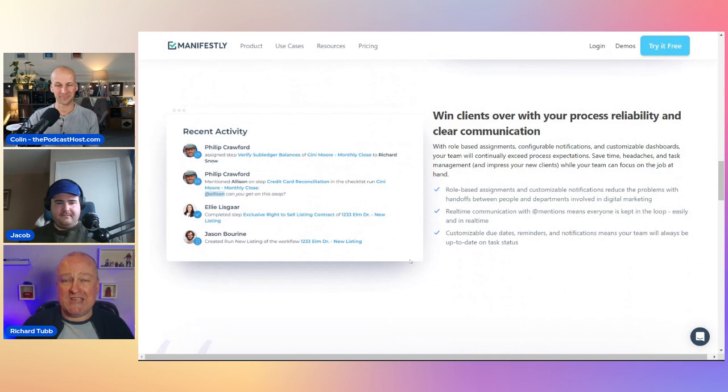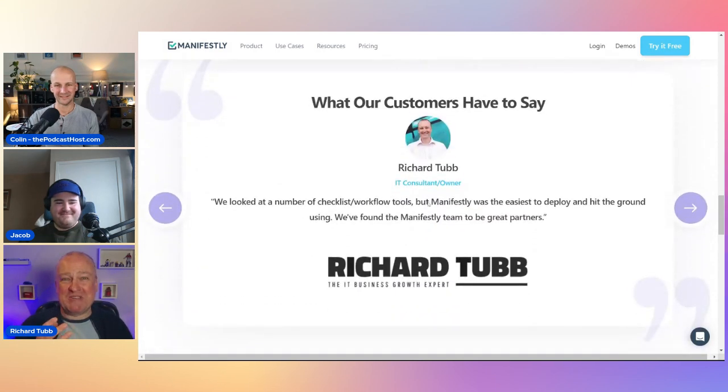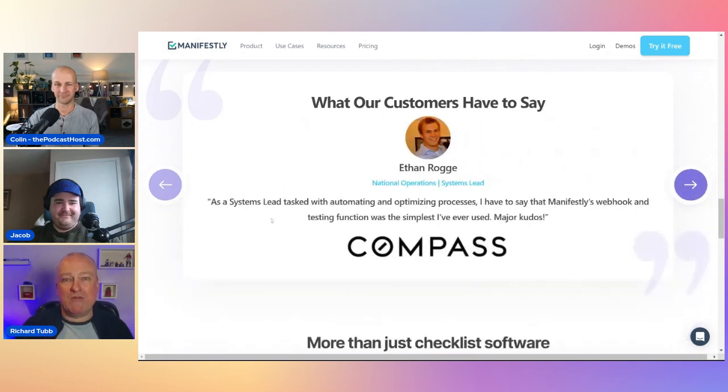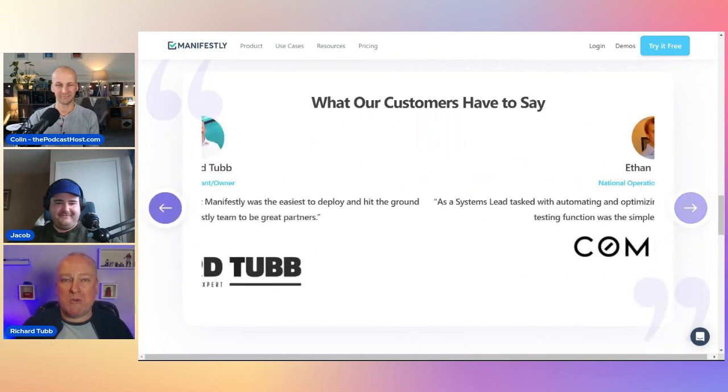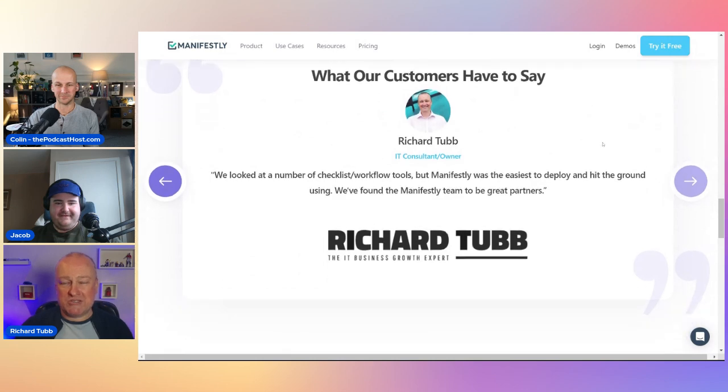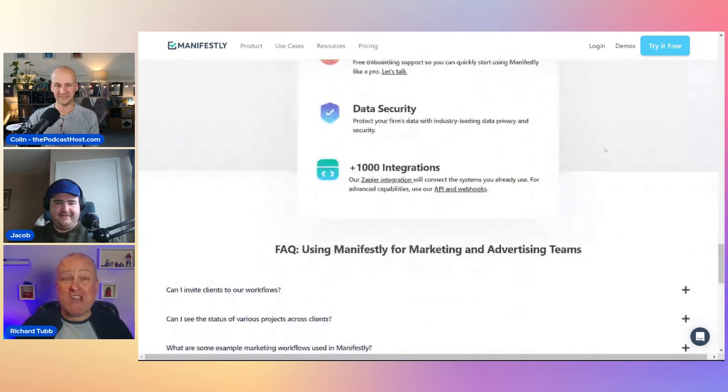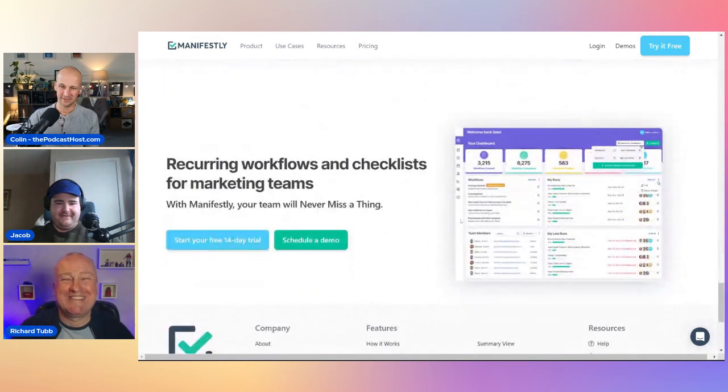And the Manifestly team, Jacob, we were saying earlier, these organizations or these businesses start out small, and then it grows, the tool gets out of control, and they start charging accordingly. The Manifestly team, we've always found really, really responsive to our needs. They're a small, tight-knit team, but they just do really good work. So, king of checklists. Awesome.